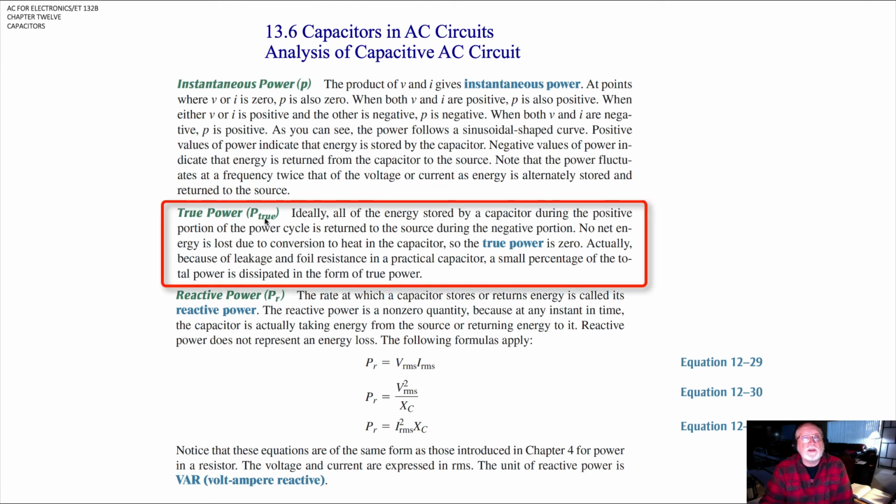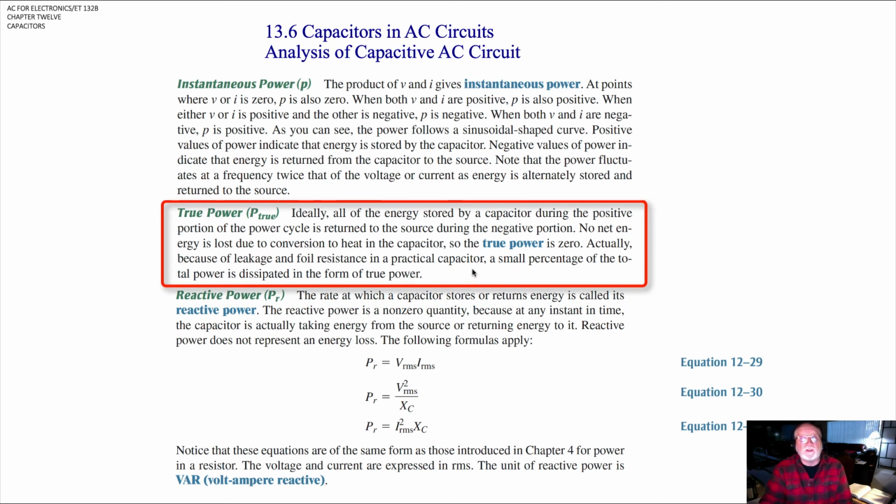The true power, P sub true, or PT, however you want to express it. Ideally, all of the energy stored by a capacitor during the positive portion of the power cycle is returned to the source during the negative portion. No net energy is lost due to conversion to heat in a capacitor, unlike that of a resistor. So the true power is zero. Actually, because of leakage and foil resistance, we know there's always a little bit of resistance in a practical capacitor and an inductor, we'll find out later. A small percentage of total power is dissipated in the form of true power,